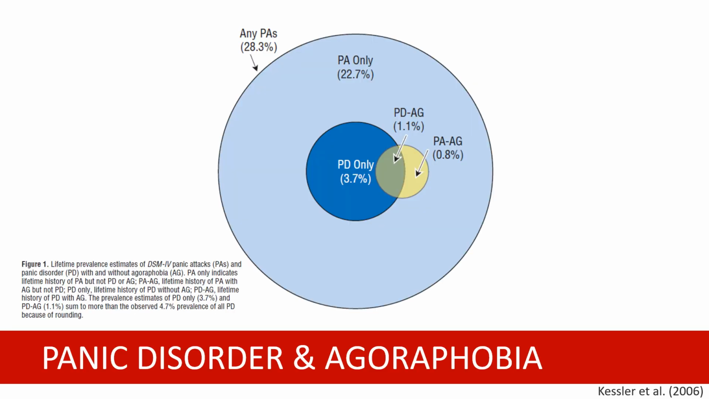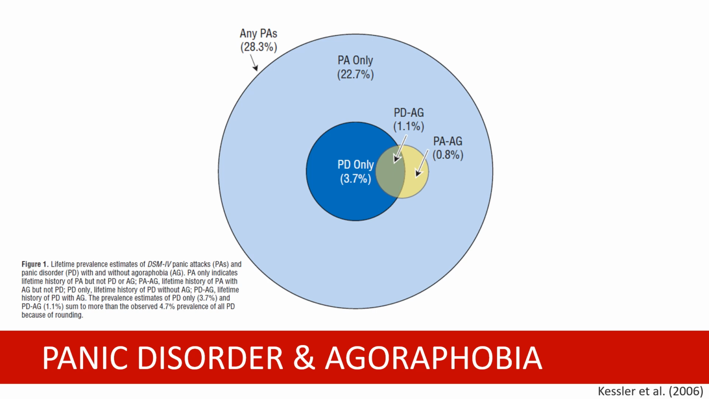Panic disorder and agoraphobia are closely related to one another. This figure presents prevalence data from the National Comorbidity Survey replication. More than 1 in 4 individuals reported experiencing a panic attack at some point in their lifetime, and more than 1 in 10 had experienced a panic attack in the past year. Panic attacks are very common, but most people who have experienced a panic attack do not meet criteria for panic